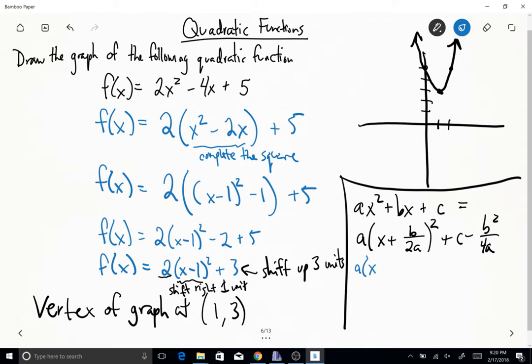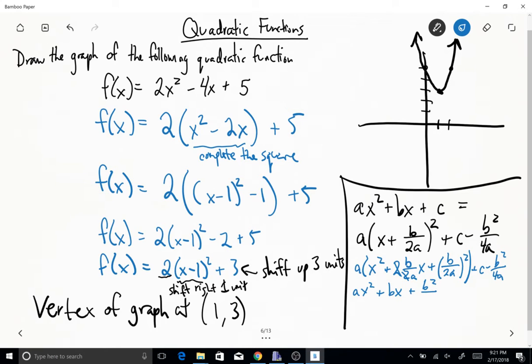Notice this thing would become x squared plus 2 times b over 2a x, and then plus b over 2a, the quantity squared, and then plus c minus b squared over 4a. If you multiply this on out, you get ax squared. Notice your 2's cancel just by completing that square, so you have bx, and then the a's would cancel when you multiply that out. So you get ax squared plus bx plus,